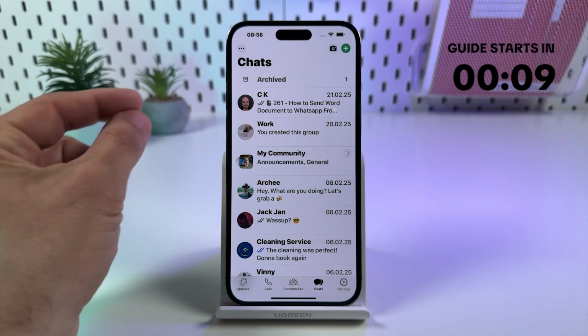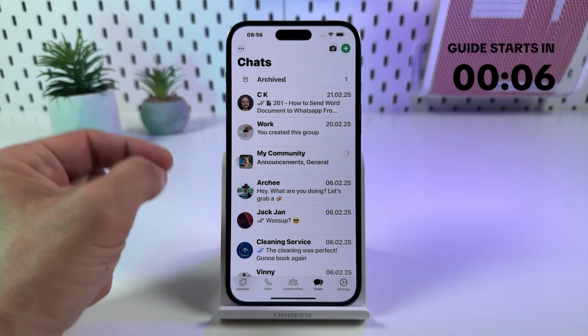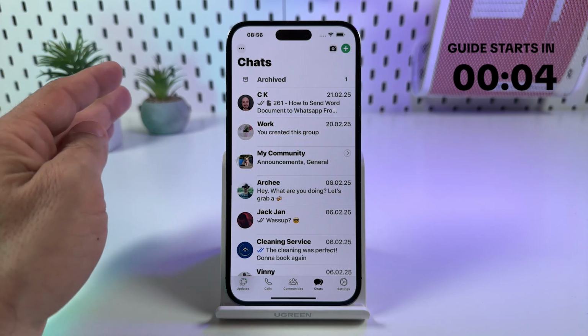Hi guys, in this guide I will teach you how to create scheduled messages that are sent automatically in WhatsApp